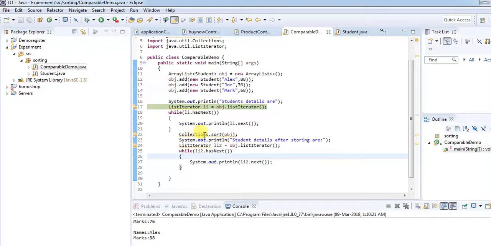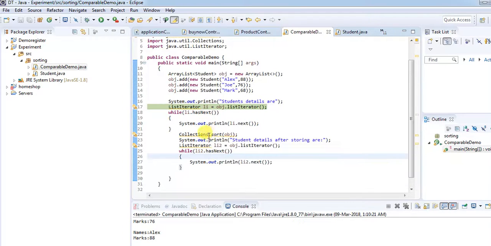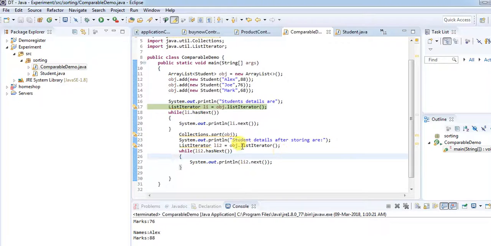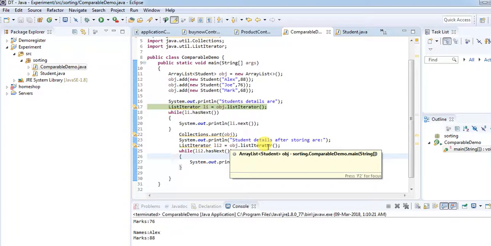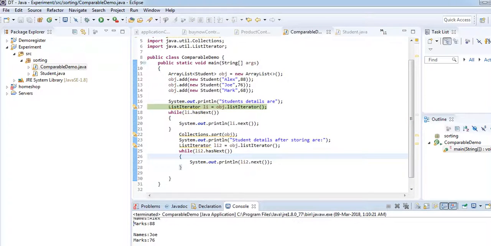Here, if you notice particularly, we used the sort method of the Collections class, and we passed the object. Next you can see that we used a ListIterator. The reference is different, obviously, we used a separate reference, li2, and we iterate this object and print it. Now you can see that this is the output. This is the first output where the